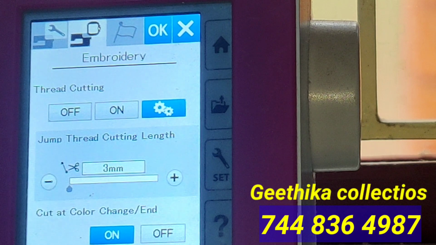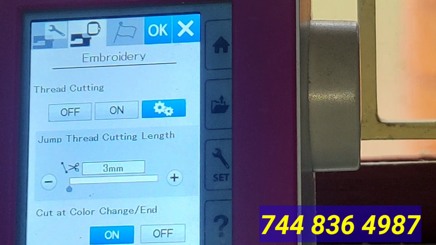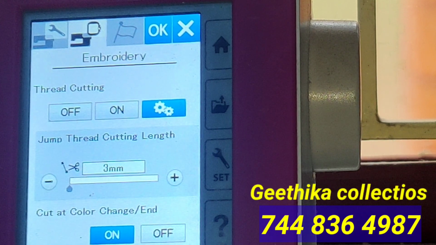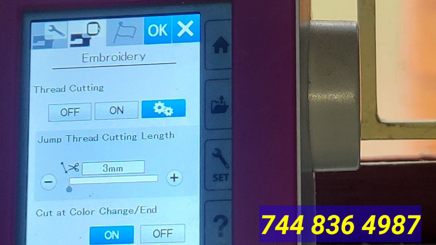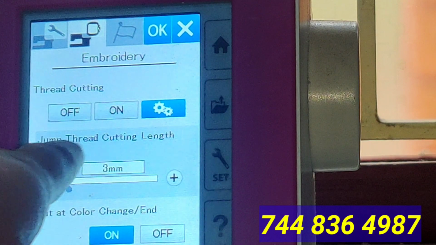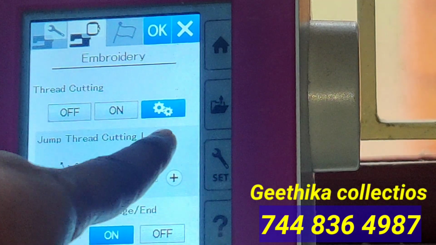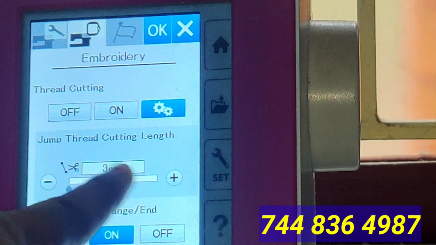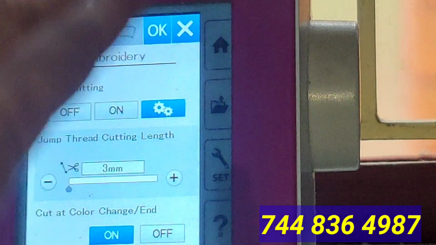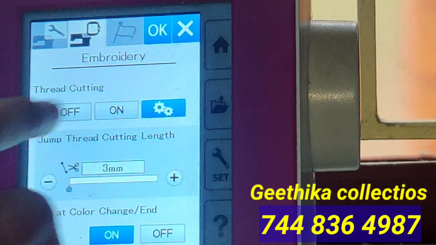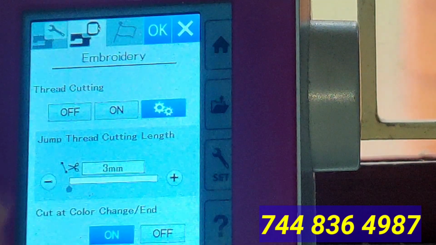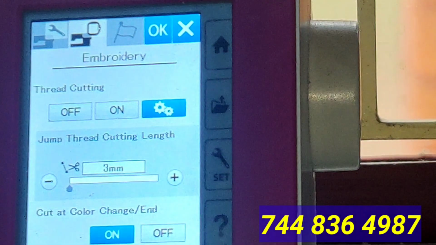If we are not aware that same-color thread jumping is happening, and it is a very lengthy jumping thread, then a problem will come for you. It will be an extra task for us to cut that extra thread manually, which is another tedious job.